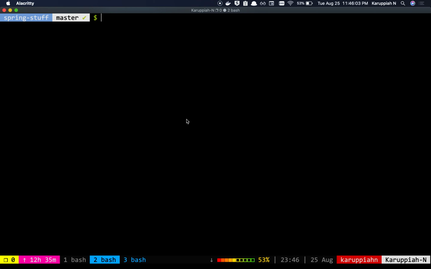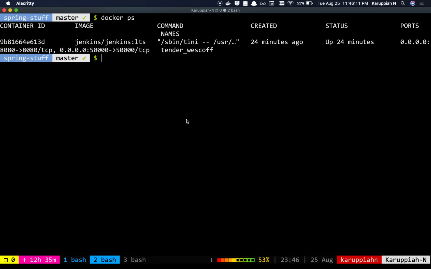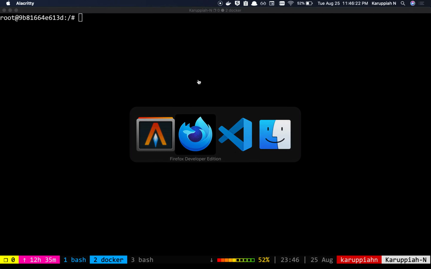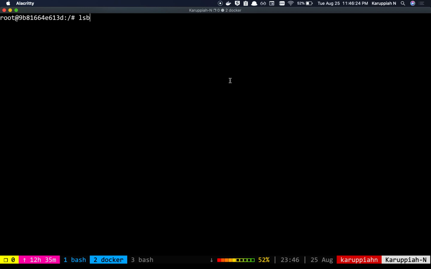So what I'm going to do is, I'll say docker ps and then docker exec -it, then give the Docker container ID and say bash. Okay. So now this is actually